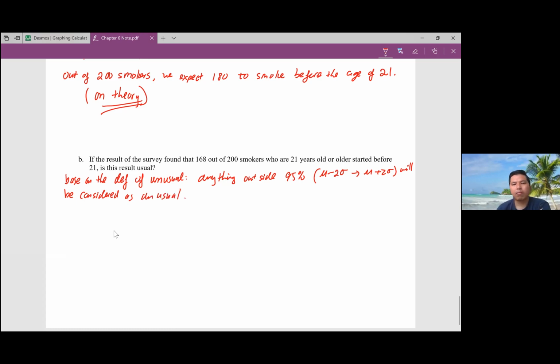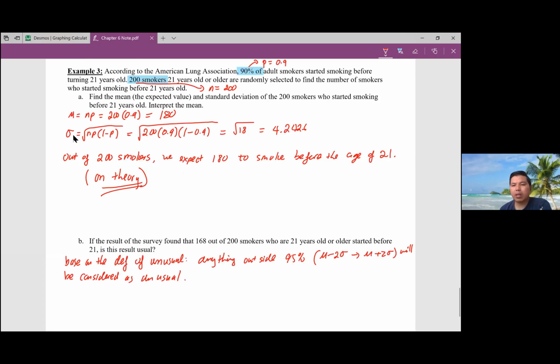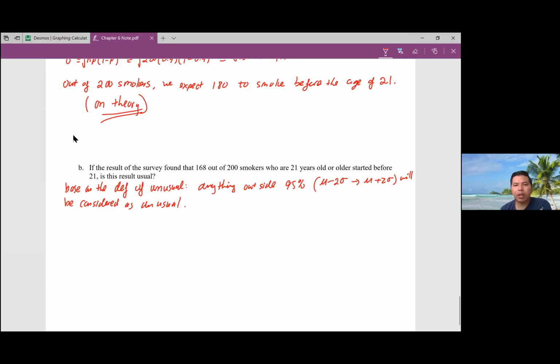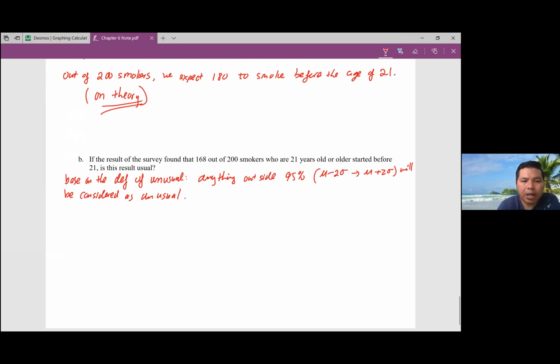So that's all we have to test. We have the mean, we have the standard deviation. We want to see what's going on, right? So from part A,